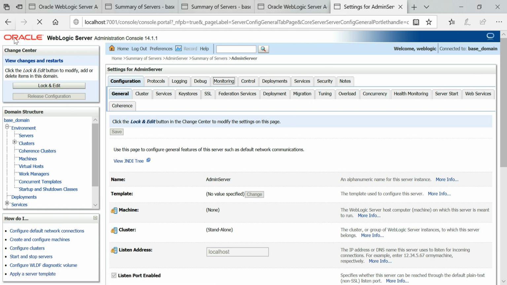Here itself we can see the version of the WebLogic Server Administration Console, 14.1.1.